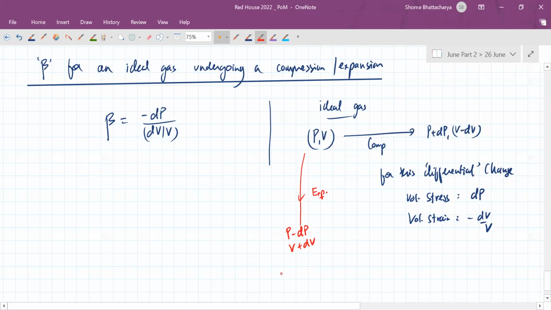So in this case, the volume stress will be a negative change in pressure. The instantaneous volume strain would be a positive fractional change in volume. But either way, we would define the bulk modulus as